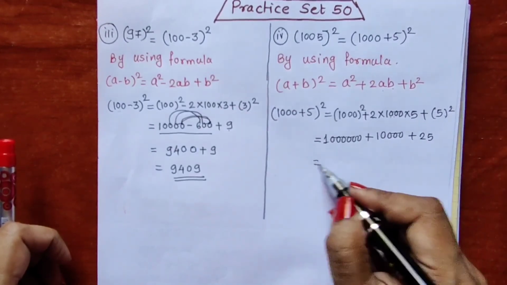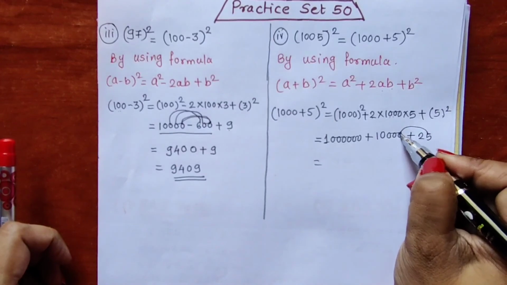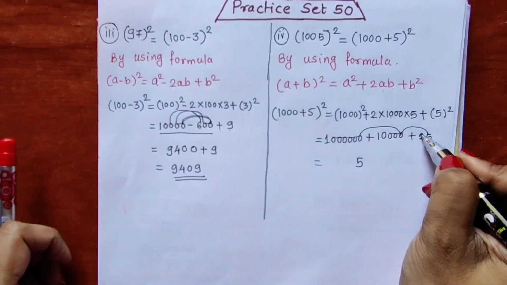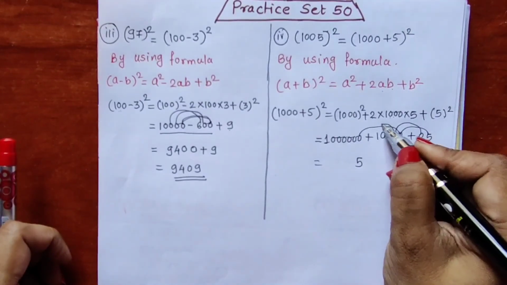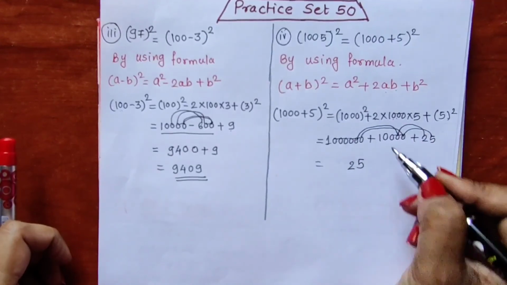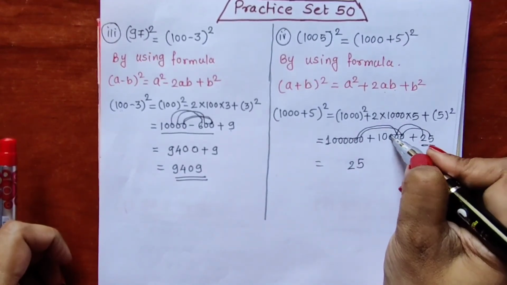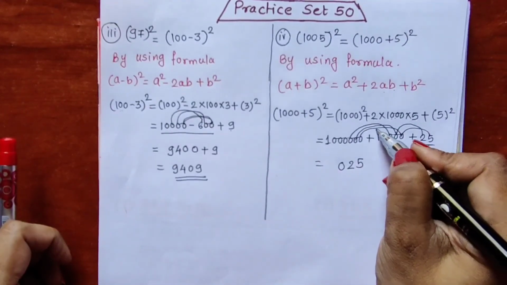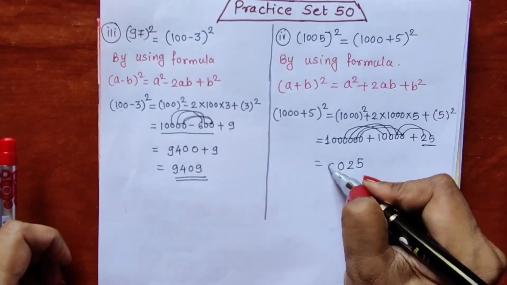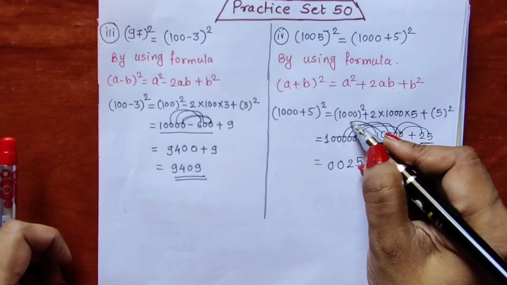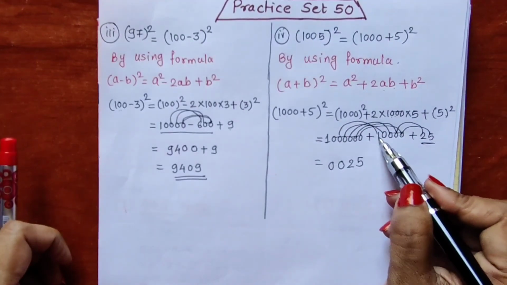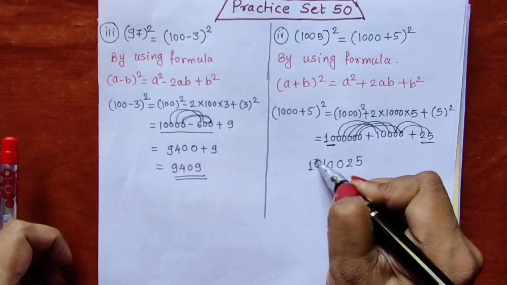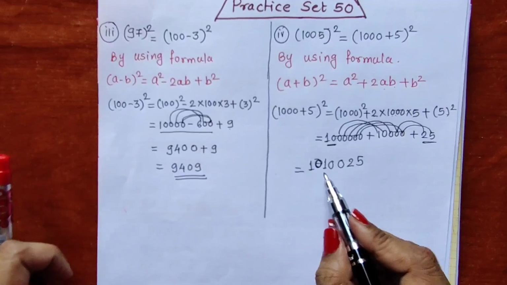Now add the numbers. First we will add unit place. 5 plus 0 is 5. Then we will add the tens place. 2 plus 0 is 2. Okay, now these two numbers have gone. Now see that 100 place, 0 plus 0 is 0. Then 1000 place, 0 plus 0 is 0. Then 1 plus 0 is 1. Then this 10 is remaining, we write this 10 here. So answer is this much.